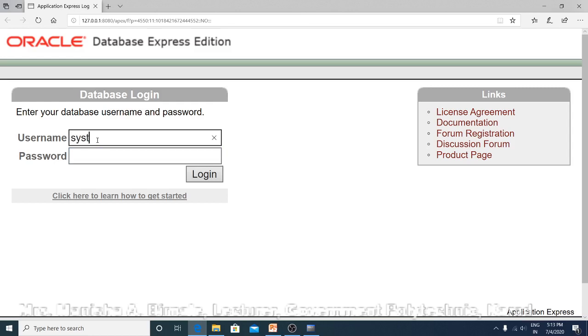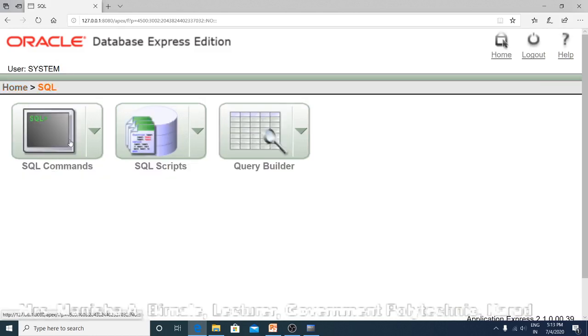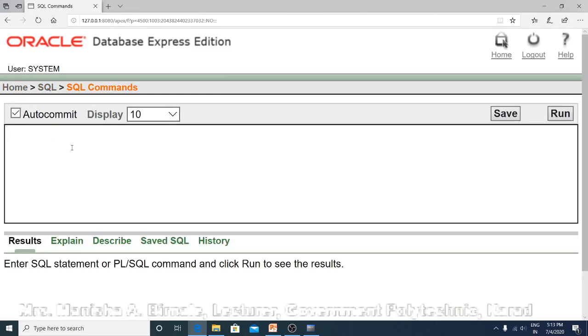Here you have to type the username, which is the system database administrator user, and then type the password. Click on SQL and then SQL commands. Here you can type your queries, select the query and click on the run button.